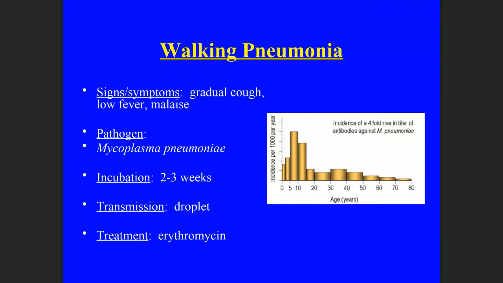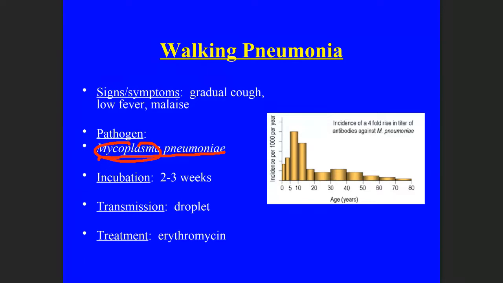Walking pneumonia. We talked a little bit about this. Walking pneumonia is caused by Mycoplasma pneumoniae. And does anybody remember what is something that's unique about the genus Mycoplasma? Right, no cell wall. So let's think about that. If a person had walking pneumonia caused by this bacteria, could I treat it with penicillin? No, because the target of penicillin is the cell wall, which this wouldn't have an effect on that at all. Okay.